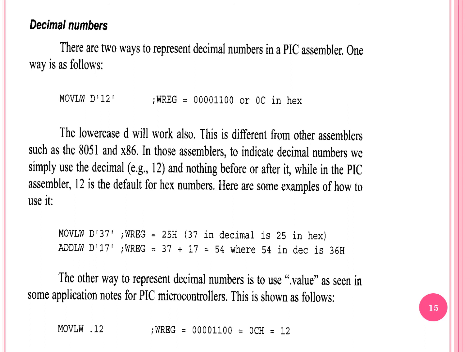ADDLW I have written: so earlier there is 37, in that it will add 17, total will become 54 in decimal, and in hexadecimal it will become 36. The other way to represent decimal numbers is to use a dot, as some applications have this particular feature: .12, so 0C, that is decimal 12. MOVLW with dot notation, you can use dot value.